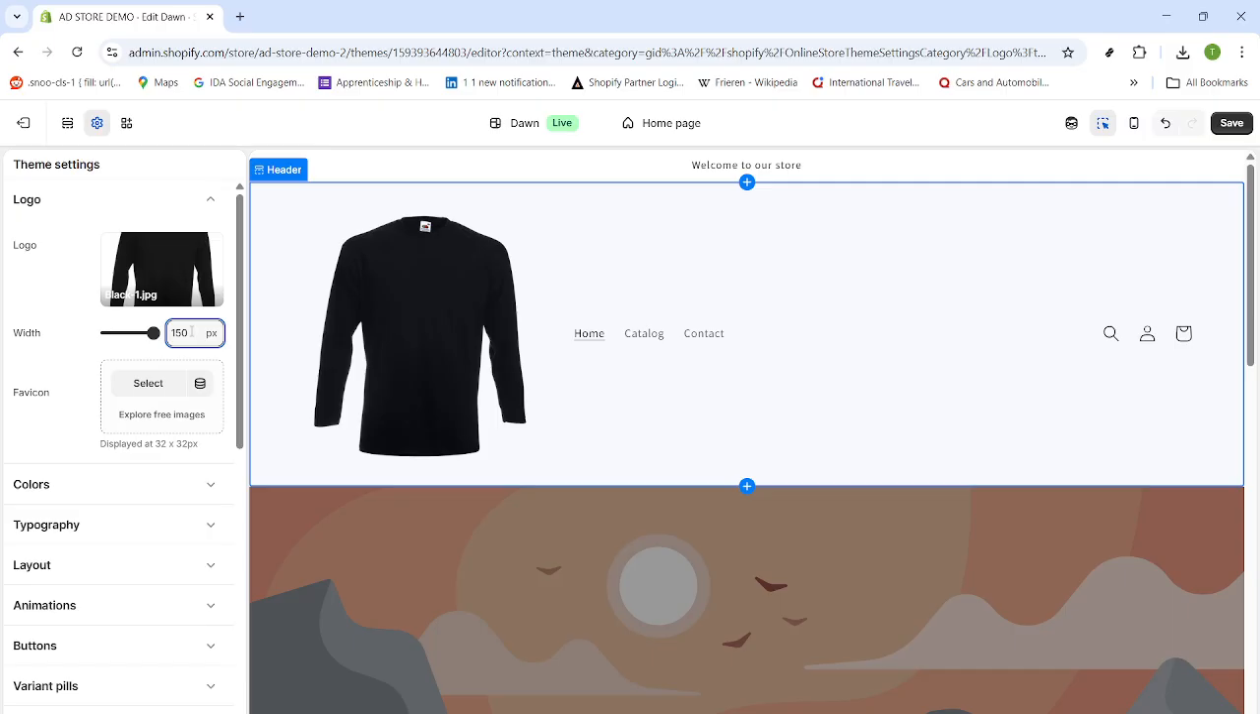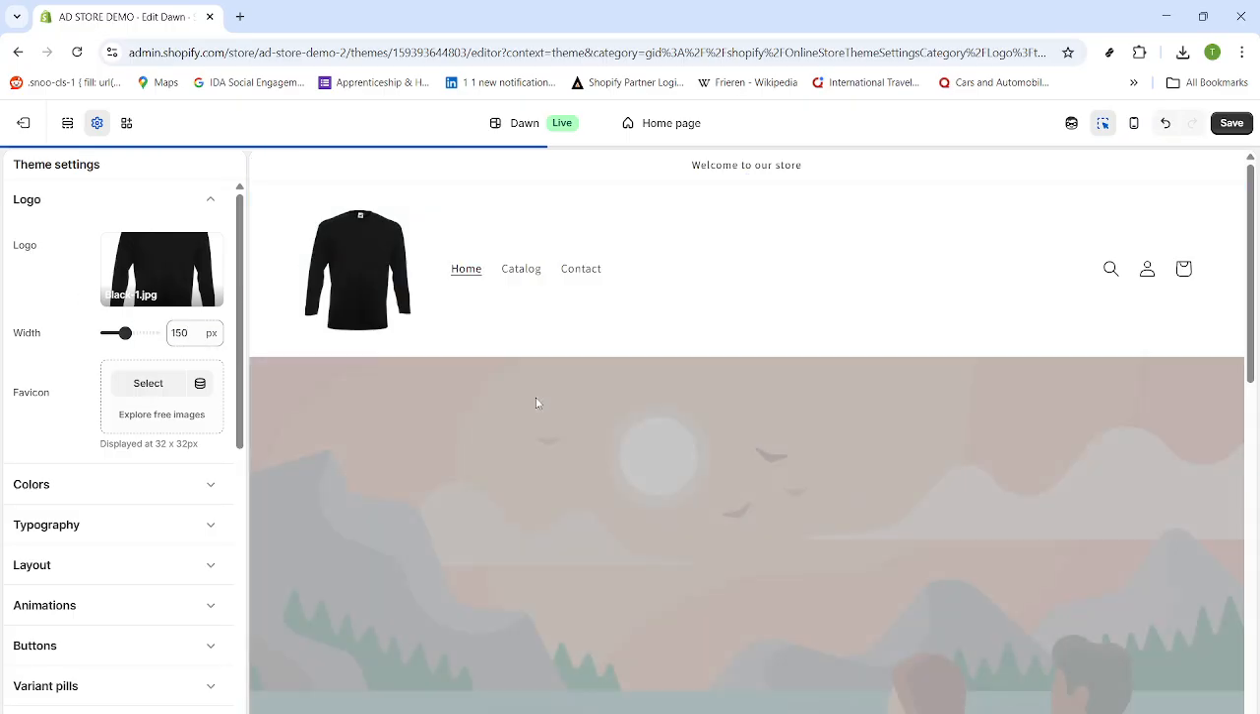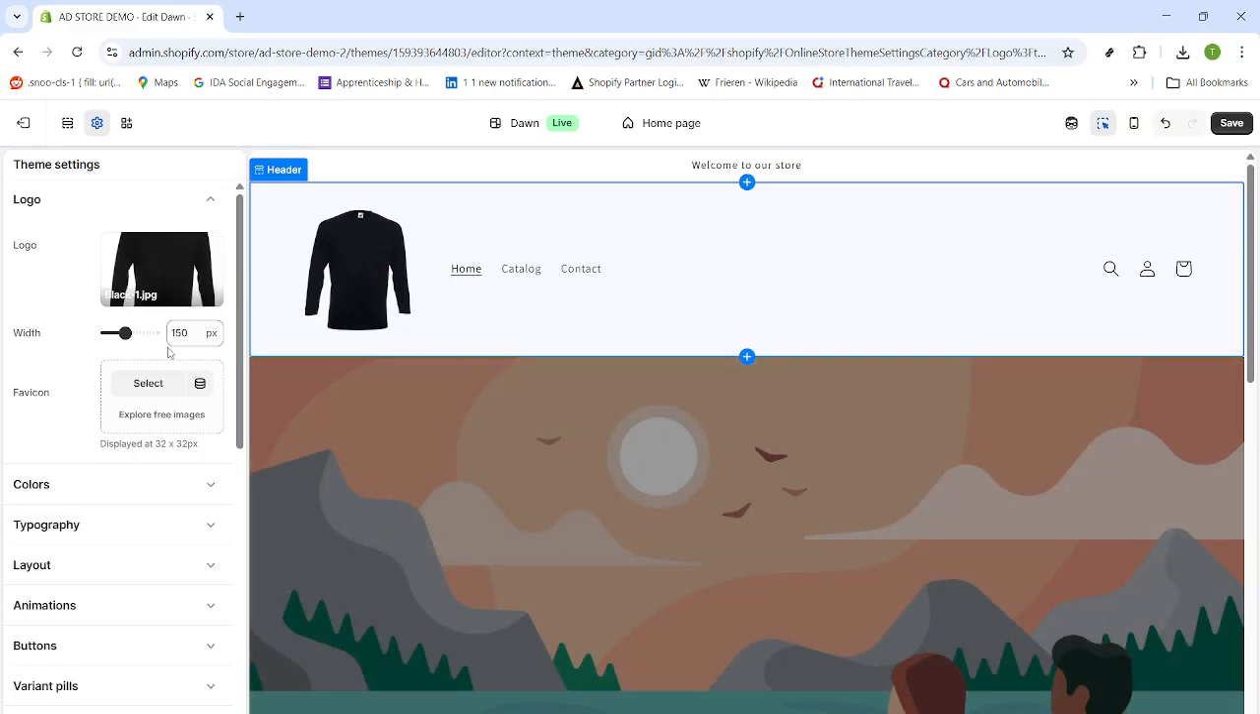A quick tip. Most stores land in the 150 to 250 pixel range for desktop logos, but the best size depends on your font sizes and header height. If your theme offers separate settings for mobile, set a slightly smaller width there so the logo doesn't crowd the menu button. If you notice blurriness when you scale up, swap in a higher resolution logo or an SVG version